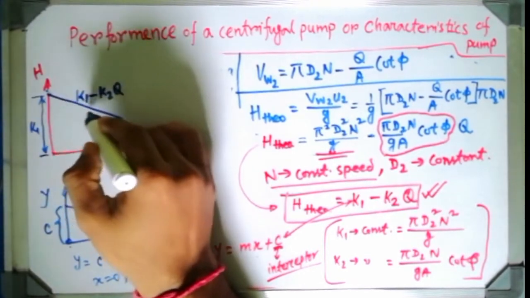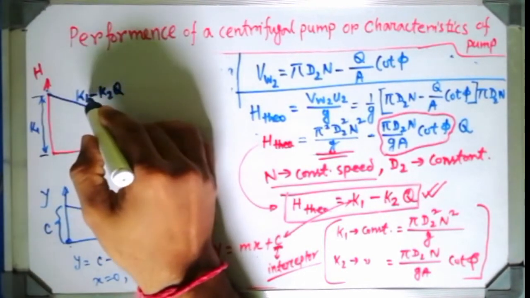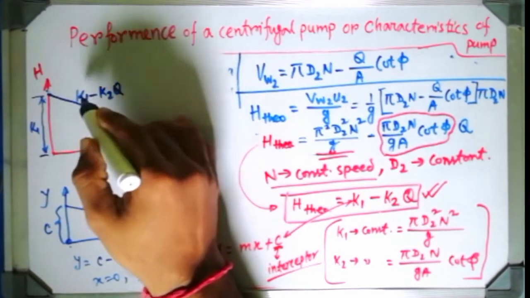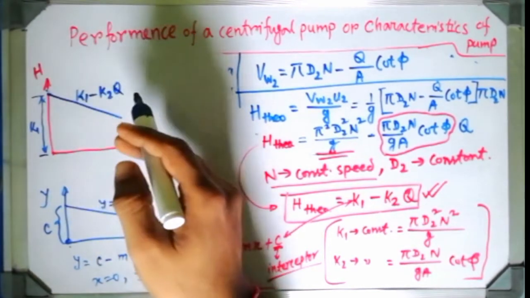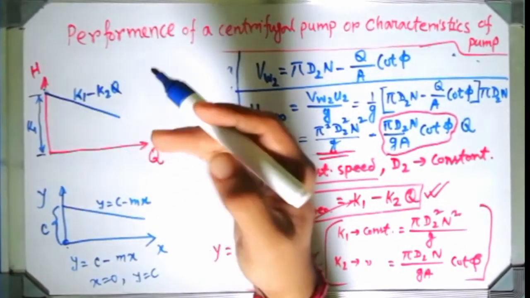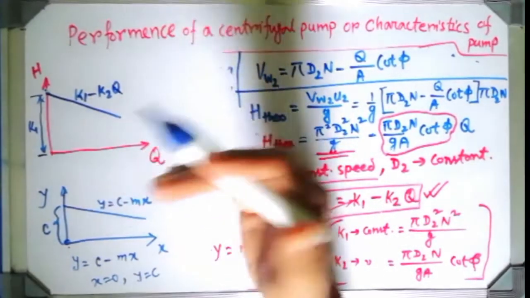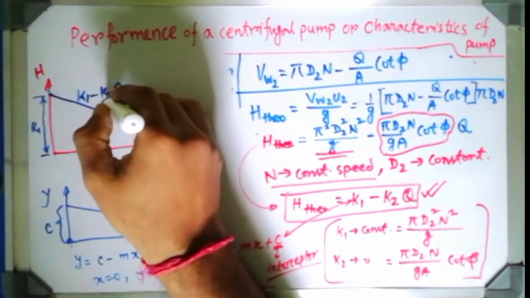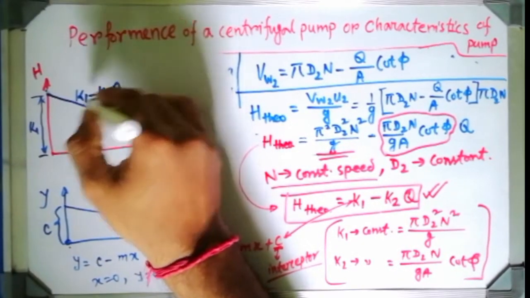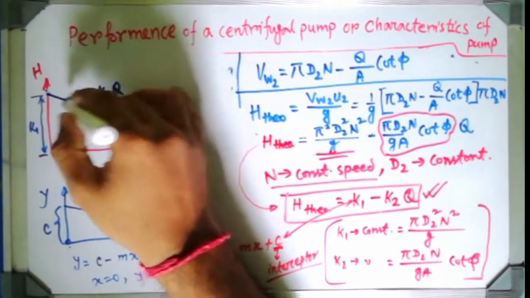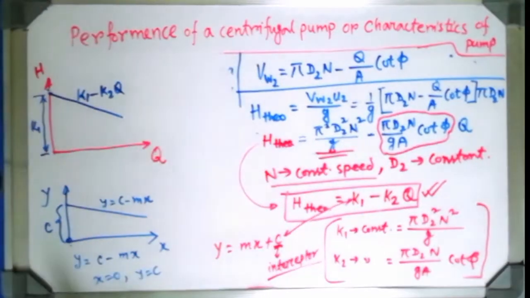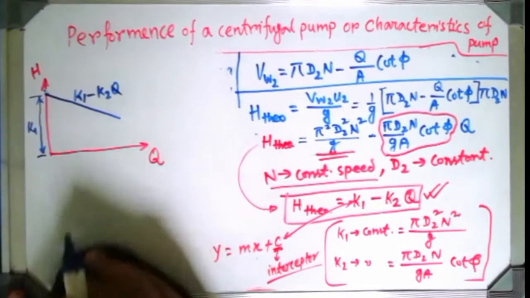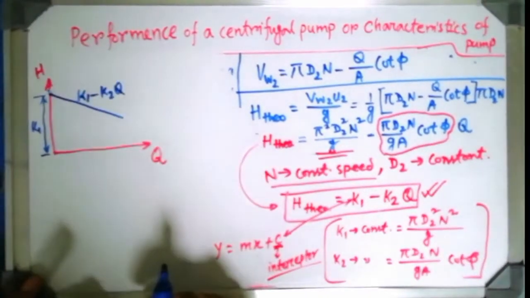And you can see the slope is gradually downward. So obviously if we put different values of Q, then the H values gradually decrease. If we increase the value of Q gradually from 0 to 1, 3, 5, 7, 9, the H value will decrease because it will be subtracted. So that is why we are plotting a negative slope. Have you understood why this kind of profile is coming?